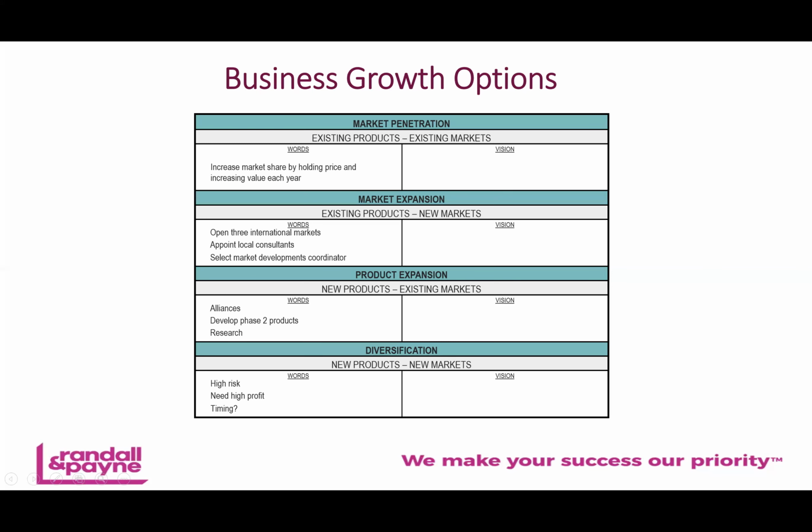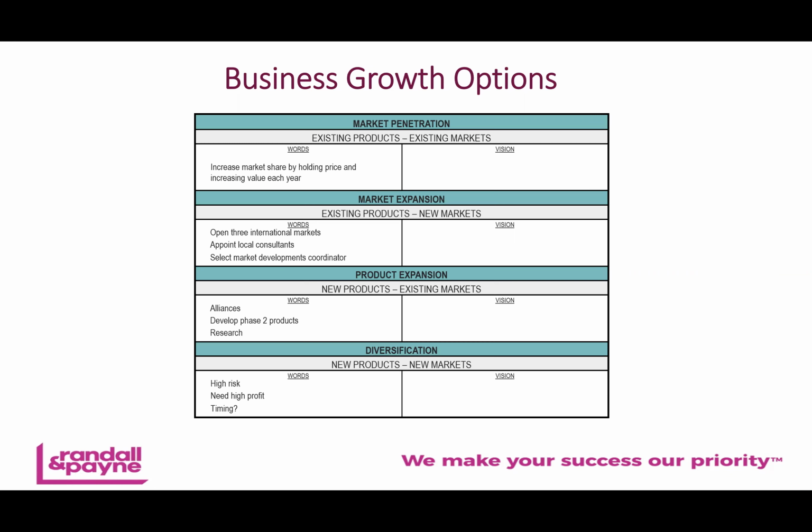So often when we are asked to get involved with a client, helping them with their business, one of the reasons for that is that they've had strong growth for a number of years historically, and then they've plateaued. So they've got to a point where growth has stalled. They're a reasonable sized business, but growth is stalled. And one of the ways we start to tackle that is just to have a look at what the options are for growth going forward. So this diagram illustrates that really well, I think.